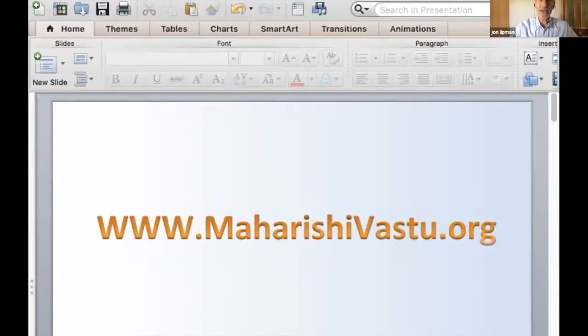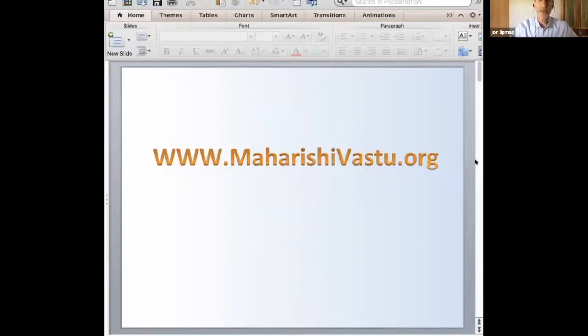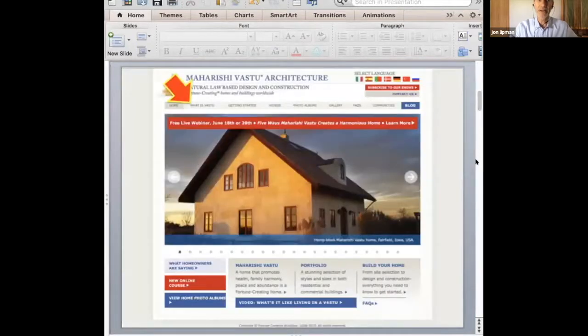work and study. Now, in the next webinar, I will focus deeply on why the direction of east is so significant in our lives. But for more information in the meantime, bear with me while I bring up some visual information. Feel free to go to our website, which is maharishivastu.org, and there click where the red arrow is in the upper left on the button that says, now I have to get my glasses on,